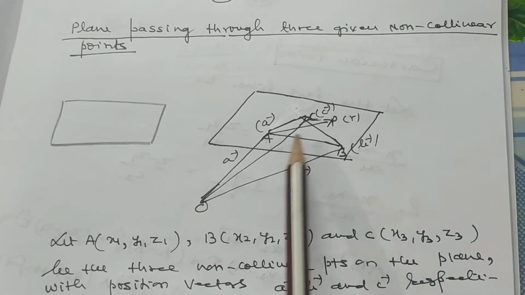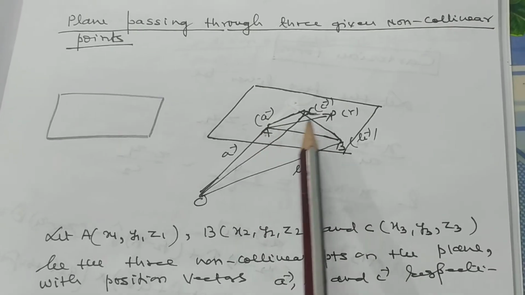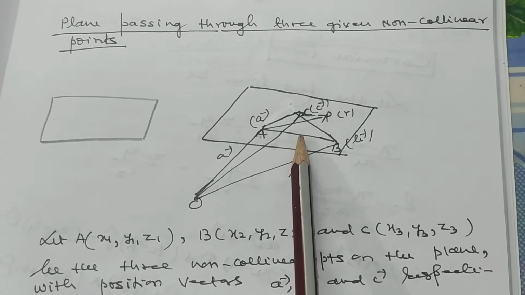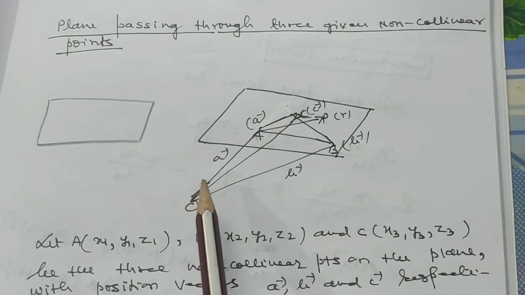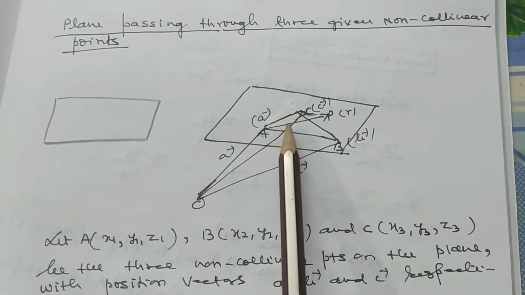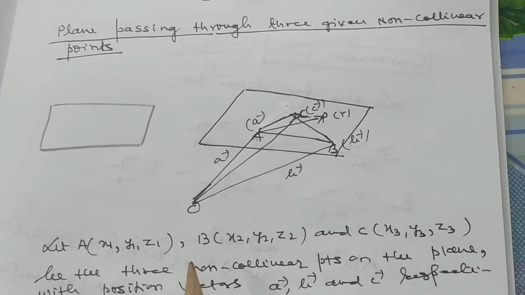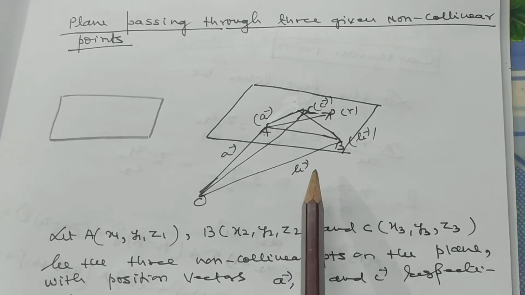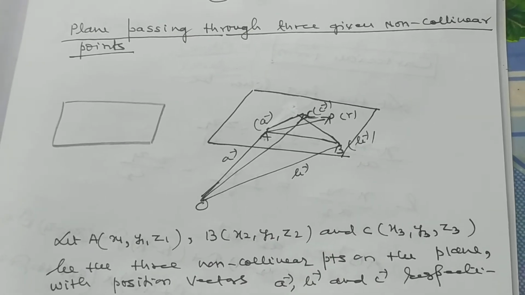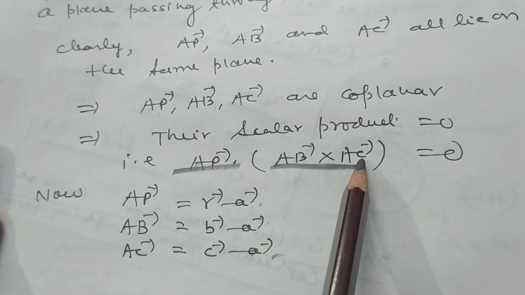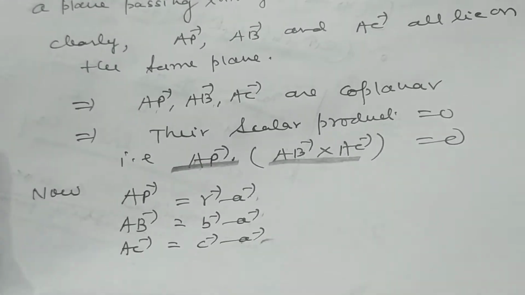So now we take AP as a line and take the cross product of AB and AC. The cross product of AB and AC will be perpendicular to the plane, therefore it will also be perpendicular to AP. So if you take the dot product of AP with AB cross AC, then we will get the equation of the plane passing through the 3 points A, B, C, where P is any arbitrary point. We have discussed it in the next videos,